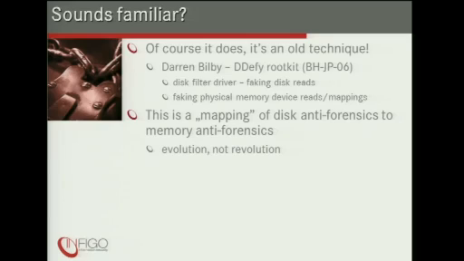He created a disk filter driver which faked disk reads, and he faked mappings of physical memory, access to device physical memory. So I'm definitely not doing anything new here, I'm just reusing old and well-known anti-forensic techniques and applying them to memory forensics. So you can think of this work as more of an evolution than a revolution.